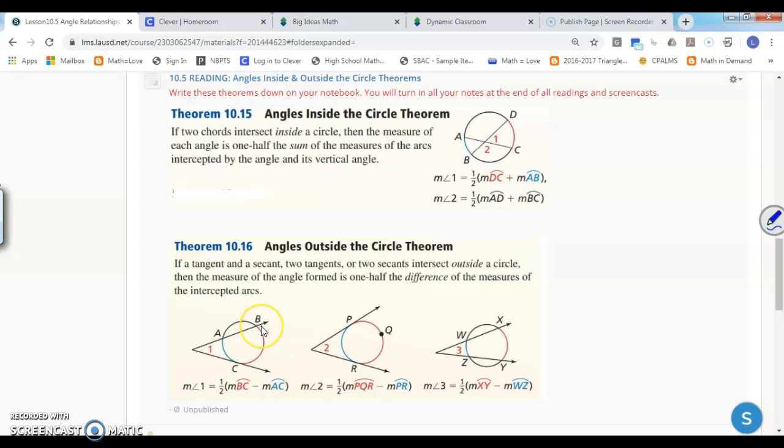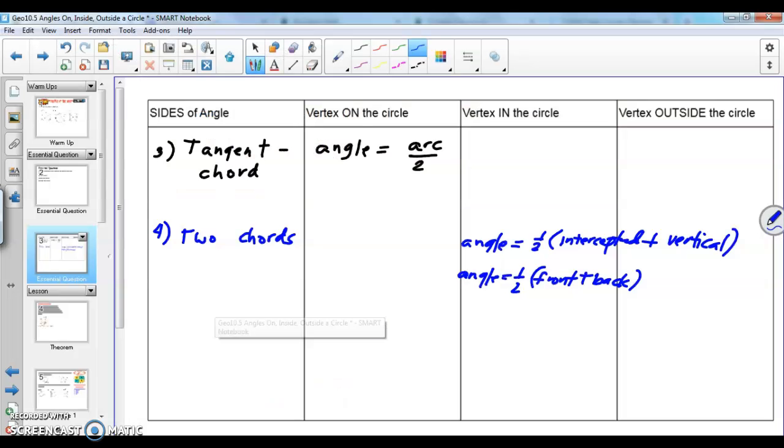as I was saying, I think it's smart to think of the red arc as the bigger arc and the blue arc as the smaller arc. I want you to think of it that way because it's easier to write down the formula later on. So if we write down the formula on our graphic organizer,